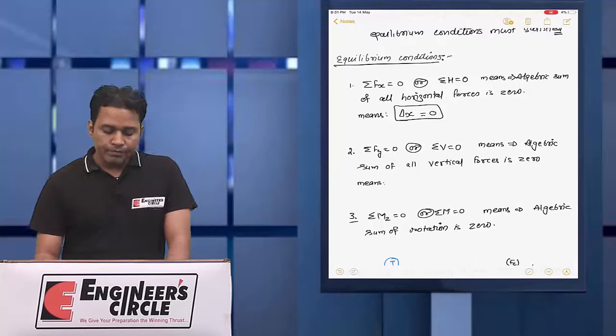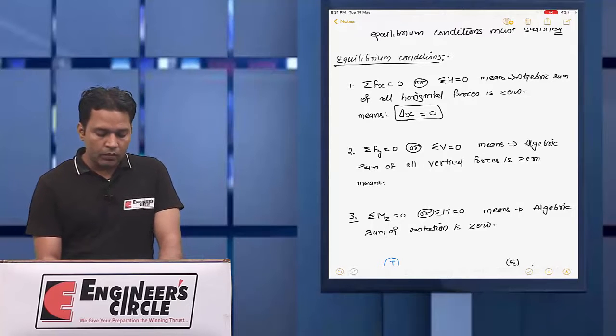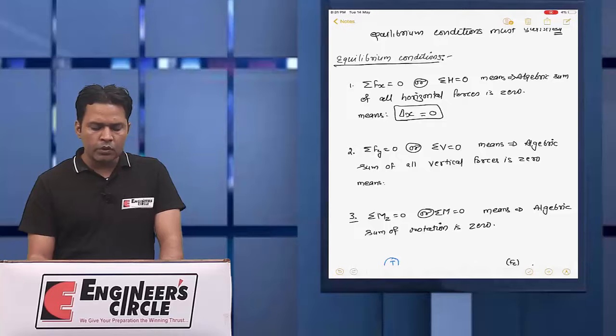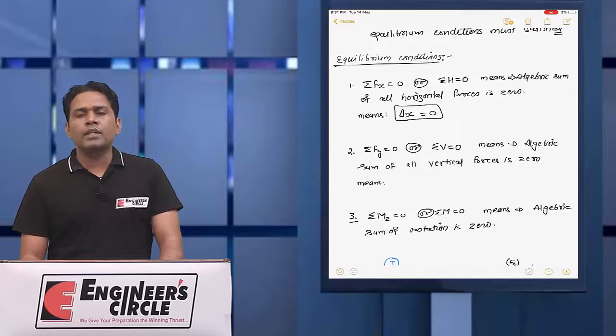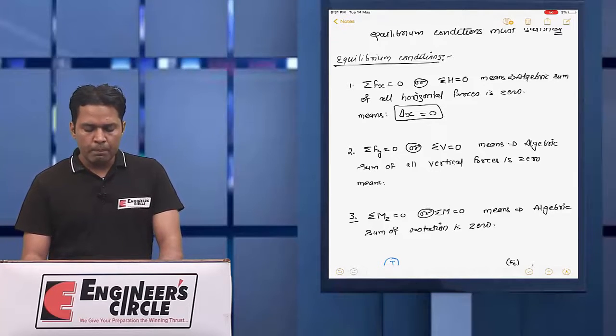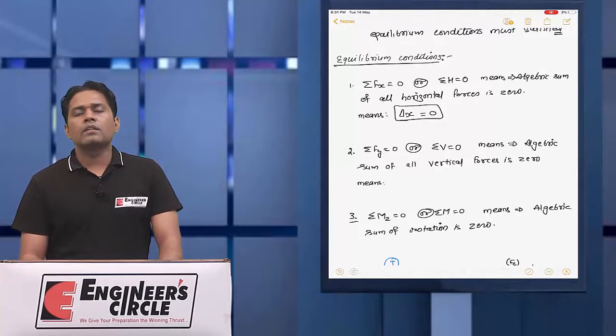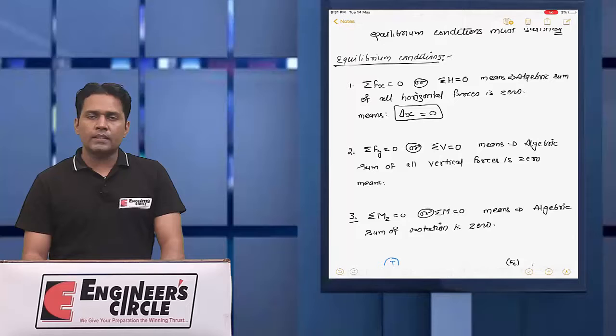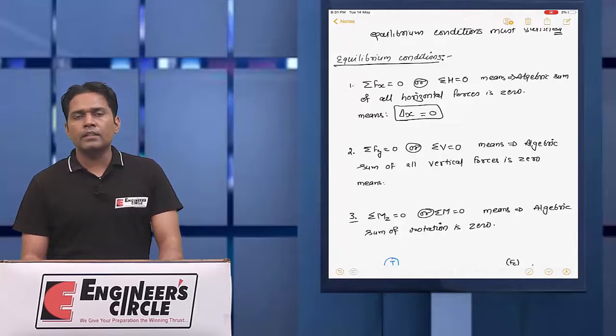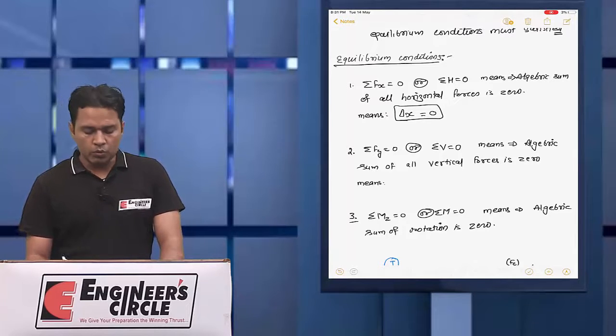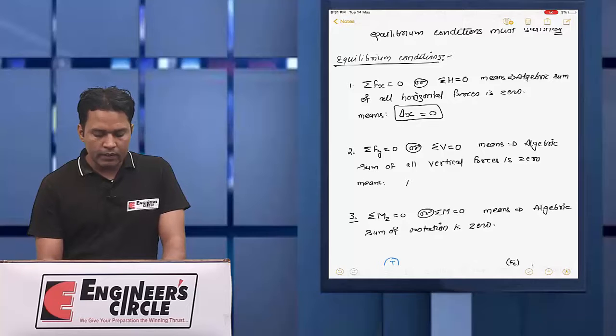The second condition is summation Fy equal to 0, sometimes also written as summation V equal to 0, meaning the algebraic sum of all vertical forces is 0, so the deformation in the y direction, or vertical direction, must be 0. So we can say delta y equal to 0.